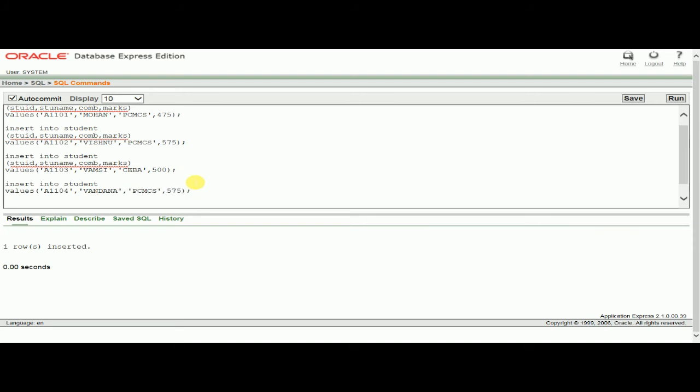So I'll give 575. Now you can see the difference here. At the top we are giving column names. Here we are not giving any column. This is also an easy method. Just run this. One row is created.